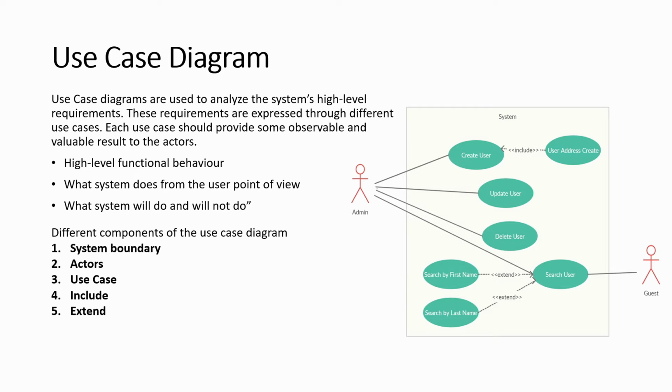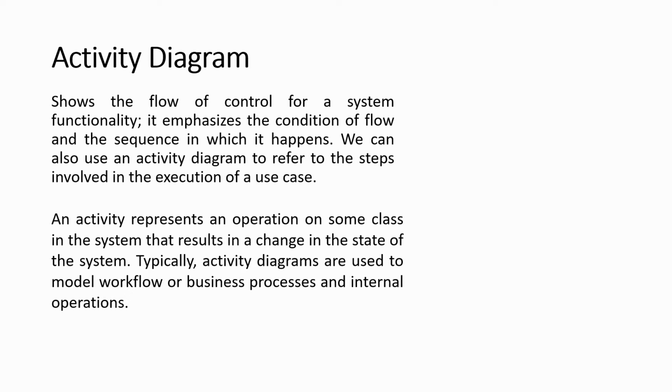So if you see in the use case diagram, it gives you more detail at a high level about all the functions that the system will support, whereas the activity diagram will give you more granular level details of how, for each individual use case, if we would like to execute it, what all steps it will do. So it more showcases the flow control of your functional use cases, right? It emphasizes more on the conditional flow of the sequence of the use case, and how, if we would like to execute it in the system, the use case can be executed conditionally.